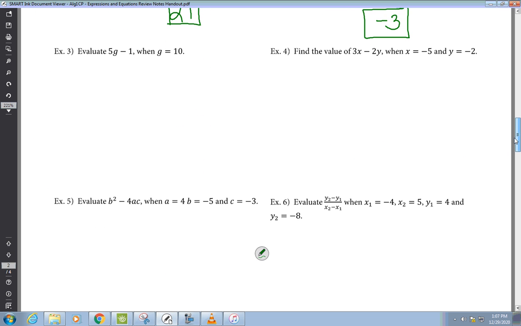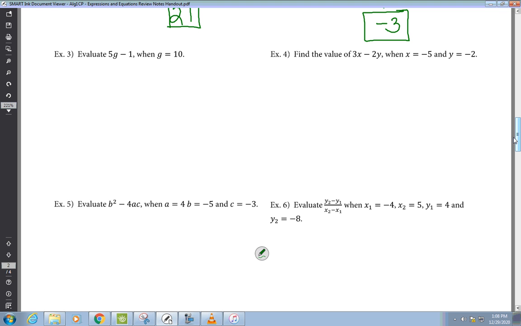So when variables are in the problem and they give you a number to plug in, the number goes in first. So example 3: 5g minus 1 and g is equal to 10. So take 10, plug it in for g. That's 5